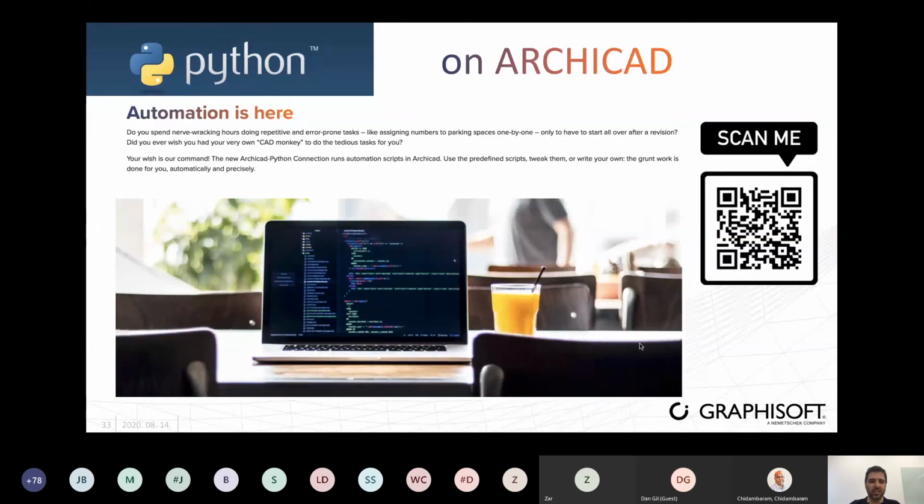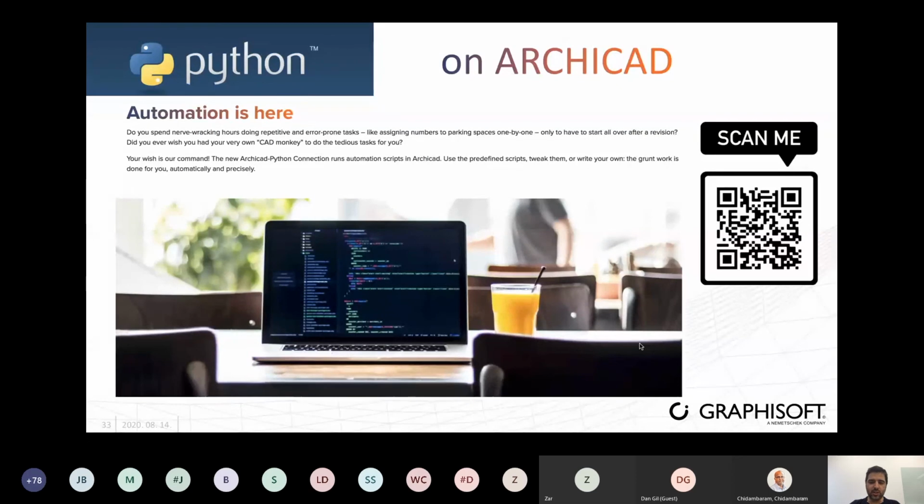We're in 2020 and we want computers and the technology to ease a lot of repetitive tasks to us. So using this Python connection to Archicad, we can run any script that is generated to Python and use them to control Archicad tasks. So if you want to access this page, scan this